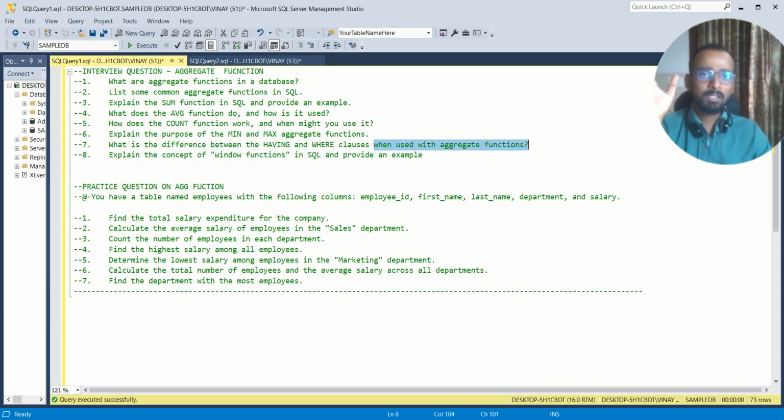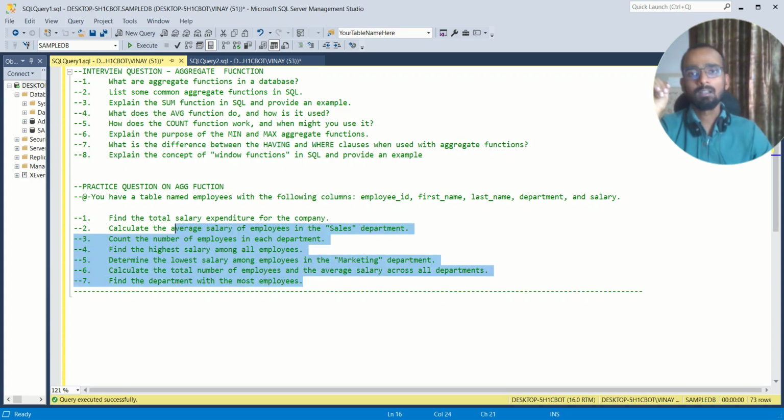In earlier videos I have told you that for filtration in aggregate functions we want the having clause, okay, and apart from that, in simple filtration of any data, let's say I want a salary where the name is like something, but I can't do the sum of salary where name like. I will tell you in this video only with the help of an example.